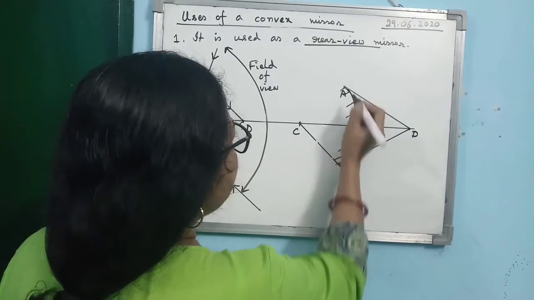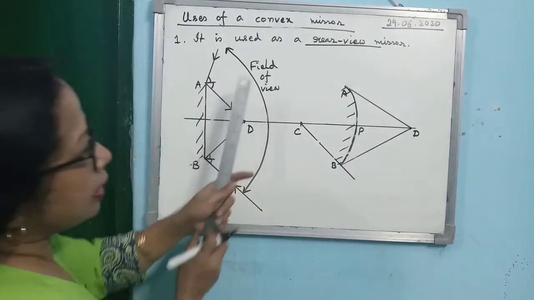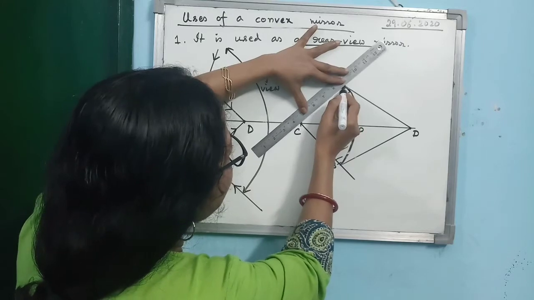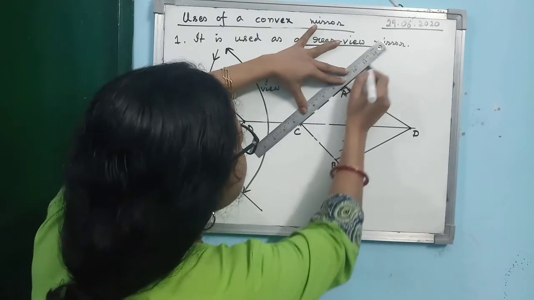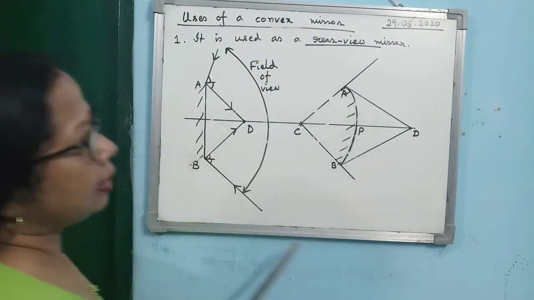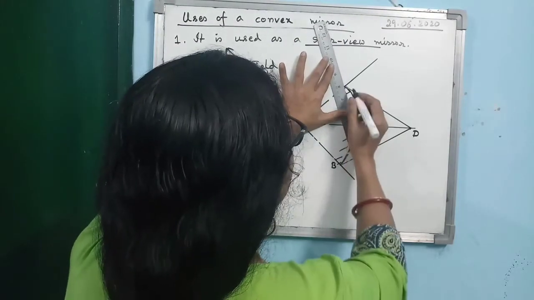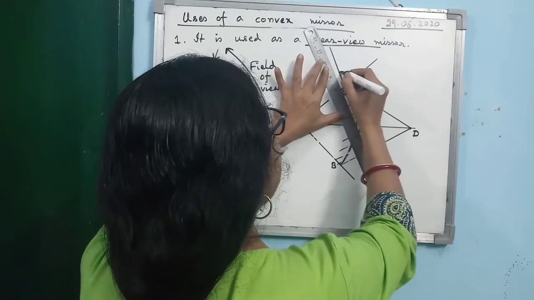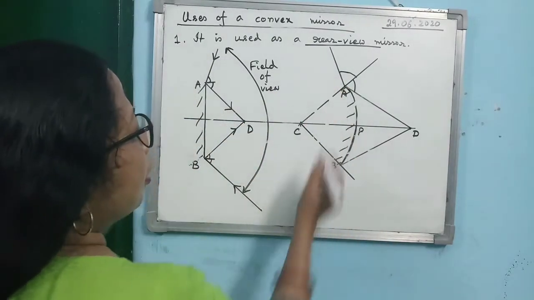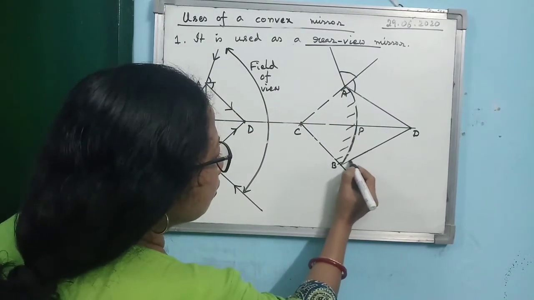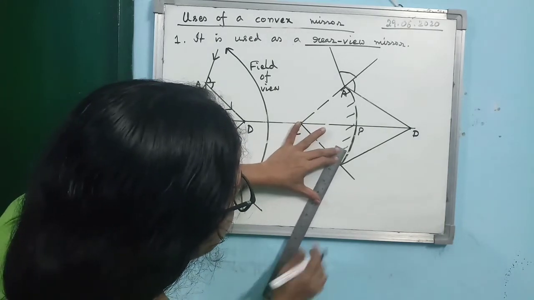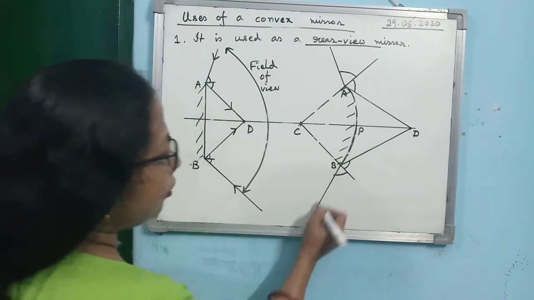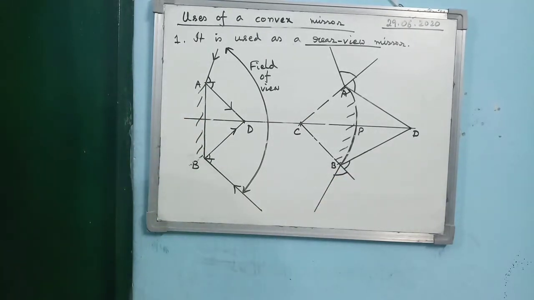So again I am naming it as AB. AB is the mirror. And then here also you join CA by a dotted line and extend it. So this is the normal at the point A. Now you make a ray here so that by eye approximation this angle becomes equal. And here also make another angle so that this angle and this angle become equal.